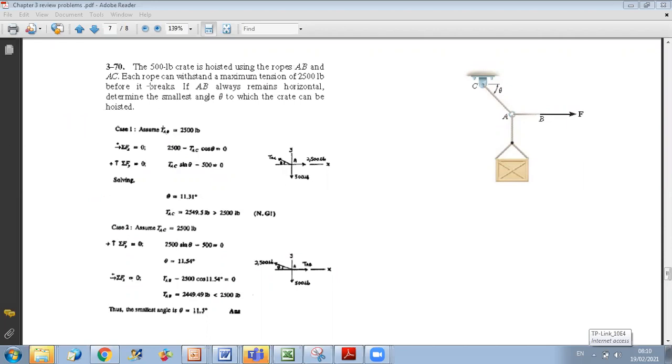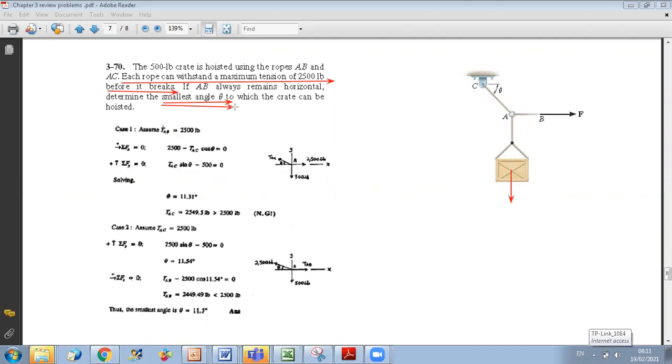Okay. They said that we have a crate of weight 500 lb that is supported by a system of cables. Then they said each rope can withstand a maximum tension of 2500 lb before it breaks. So this means that when you design your system, you should not exceed in any of the cables the value of 2500. Then they asked, what is the smallest angle theta to which the crate can be hoisted without rupture? When they talk about a critical case,